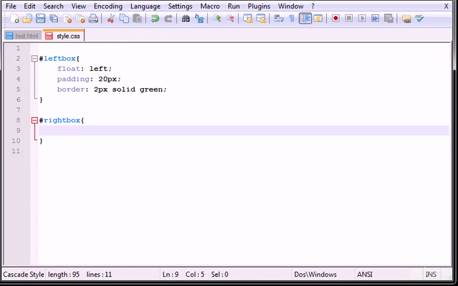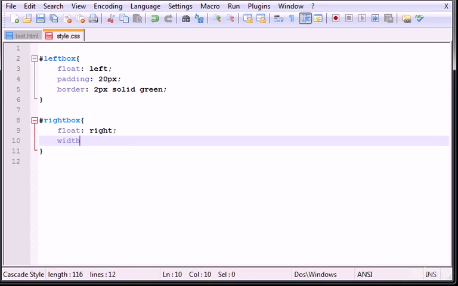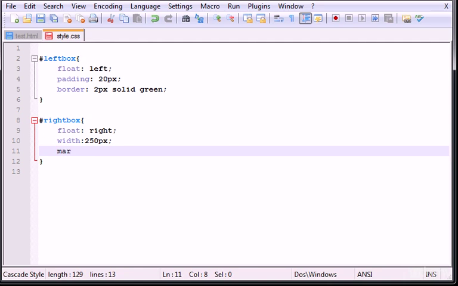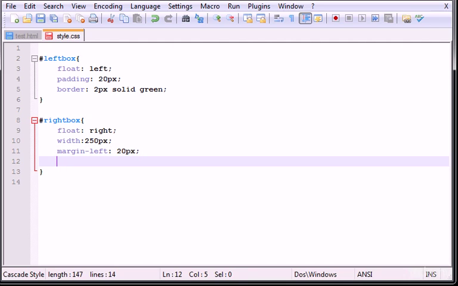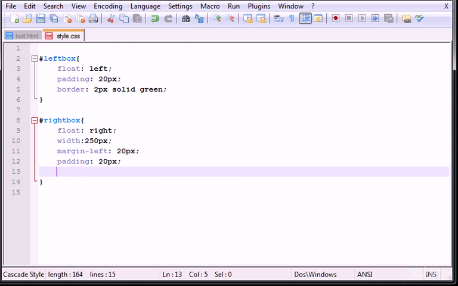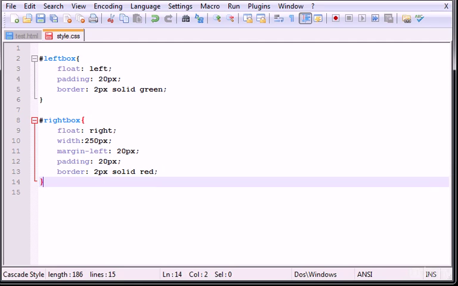Right box, and let's float this to the right. Let's give it a width of 250 pixels. Margin left 20 pixels, padding 20 pixels, and let's give it a border of 2 pixels solid red. Okay, let me save this and let me check how this is going,